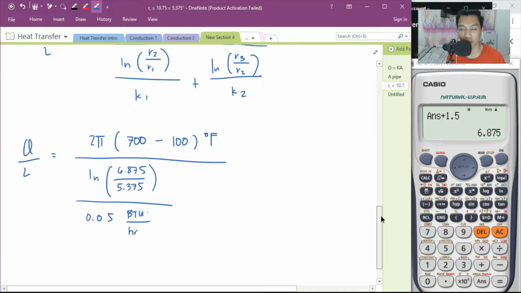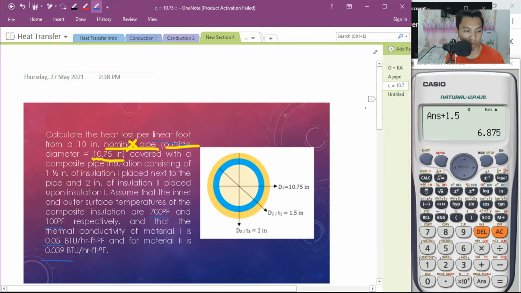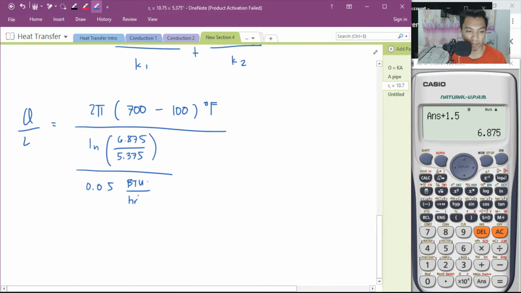BTU per hour, ano unit? Feet. Ayun, BTU hour feet per degree Fahrenheit. Plus ln